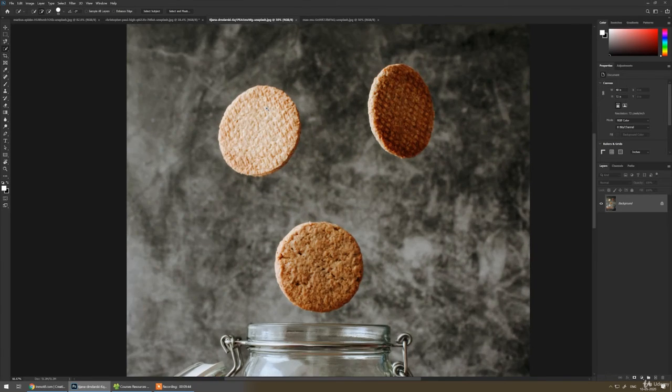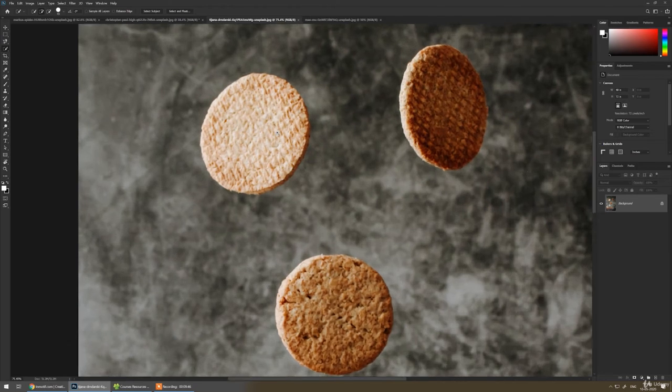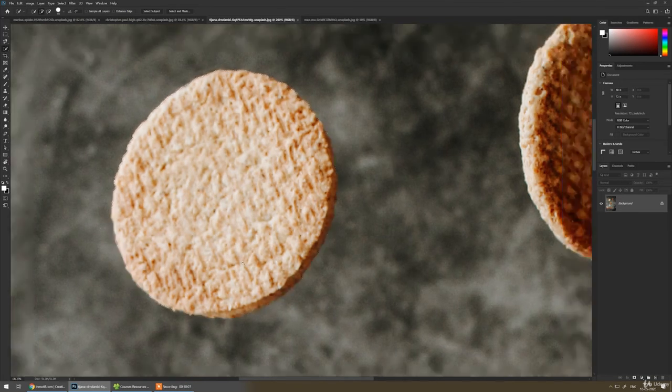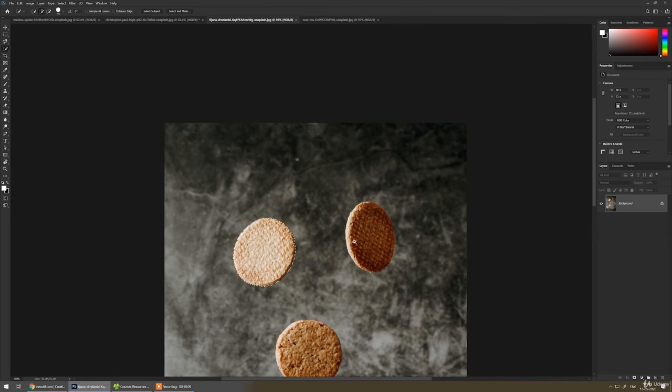We are zooming in to one cookie, clicking the quick selection tool, and clicking and dragging. This will be the perfect tool to make a selection of something like this. We can subtract this, and we can always add other selections.